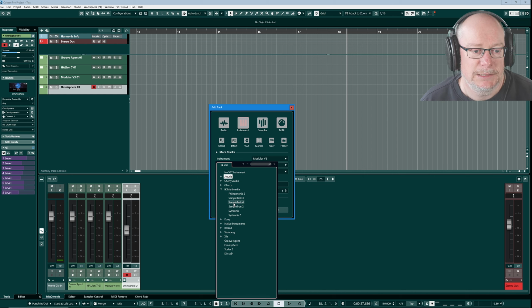SampleTank represents another interesting thing to bear in mind with these plugin packages. I've spent all of this money buying all of this software. I've probably used less than 10% of it, and sometimes that makes me feel pretty guilty, particularly when we get on to have a look at Native Instruments, because that's a really expensive package and I really have only just scratched the surface of it. SampleTank is an example of that. I've hardly used the thing at all. It takes up an enormous area on my music installation drive, but as yet I've barely touched it